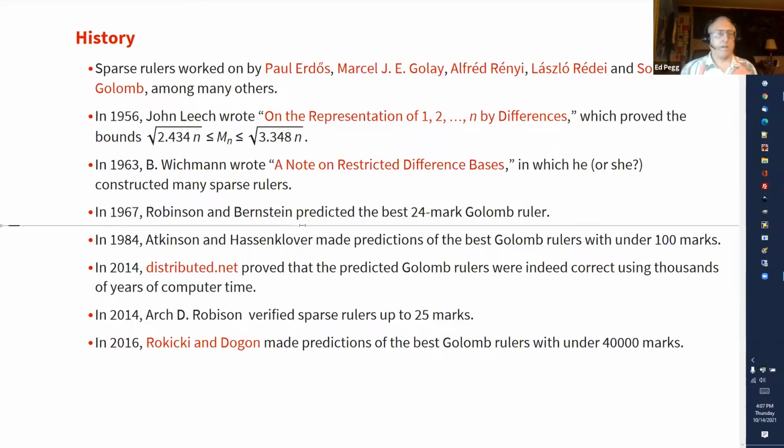In 1967, Golomb rulers were investigated by Rumson and Bernstein, and they found various ways of using affine planes and projective planes to,